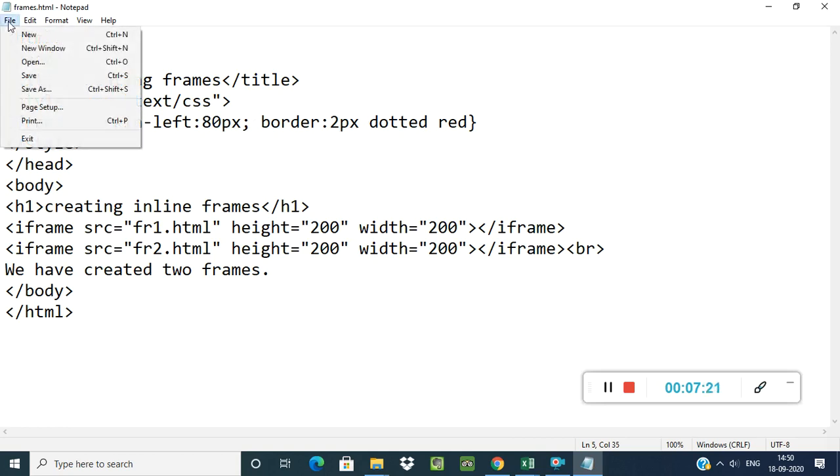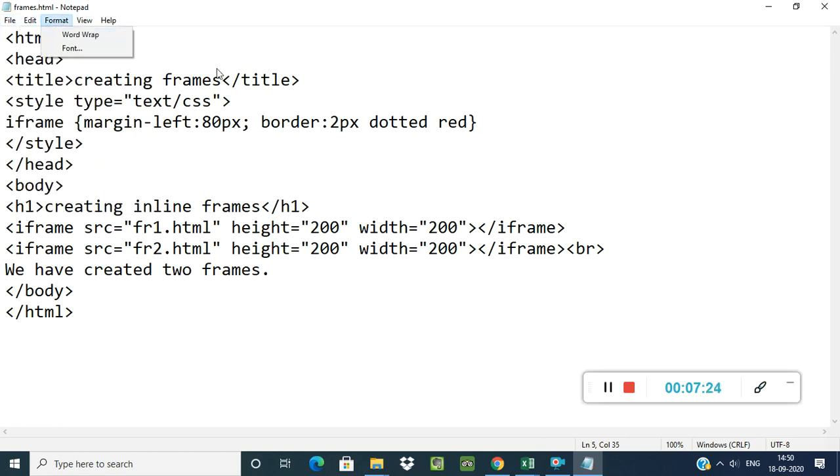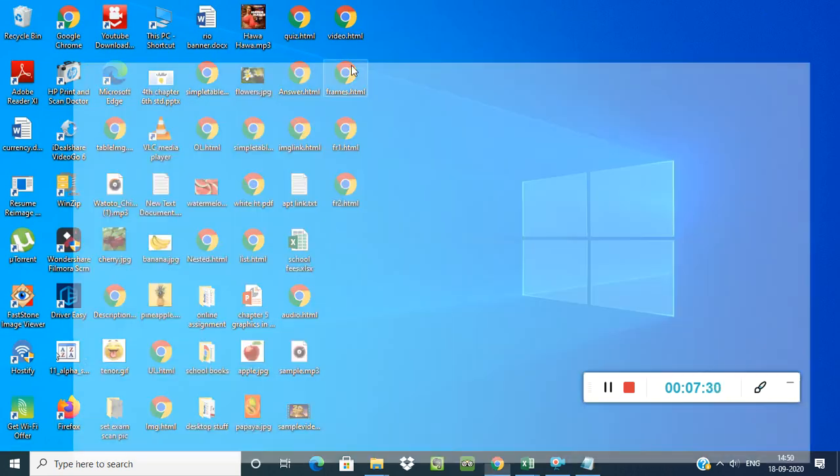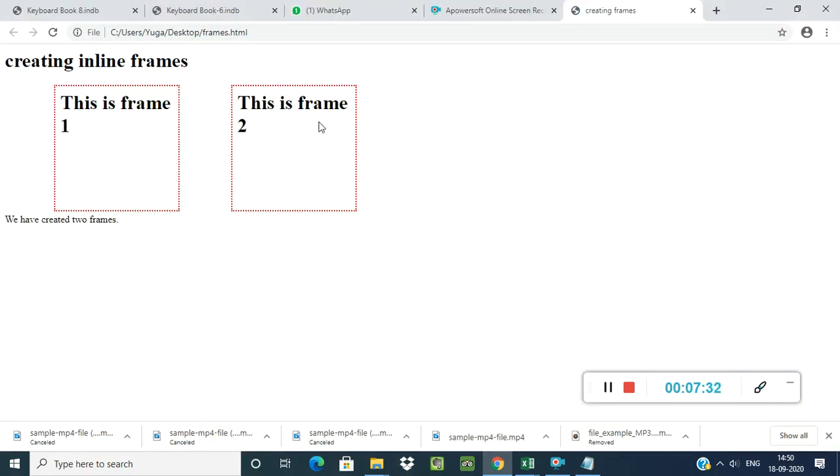After typing this, save this file with the .html extension. After saving, go to your desktop, click on frame.html and see, this is your output. The frame is coming in dotted lines and there is space between the two frames.